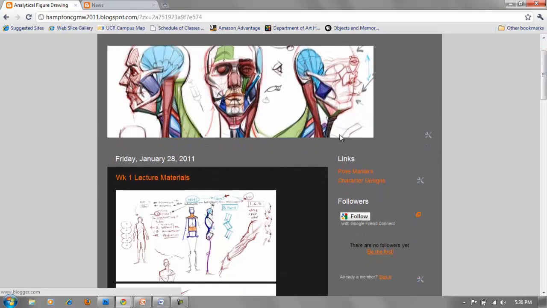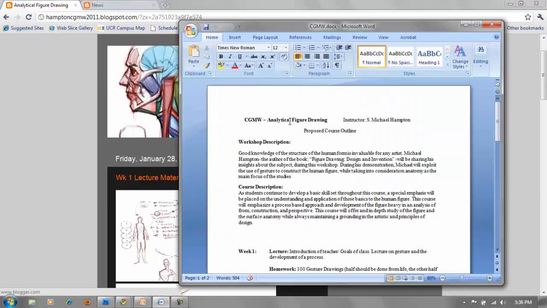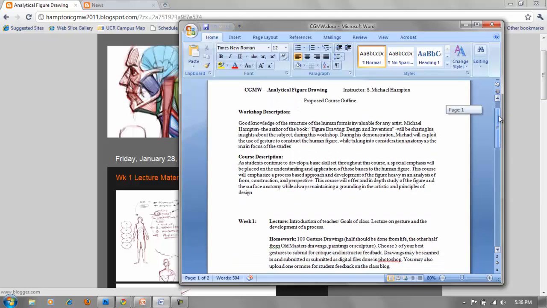To that point, what I also will put up, that I only have now here as a document, is your course outline. I'm going to put this somewhere up on the blog so that you can always reference it and come back to it. If you do have the book, Design and Invention, it follows the chapters, pretty much chapter for chapter,